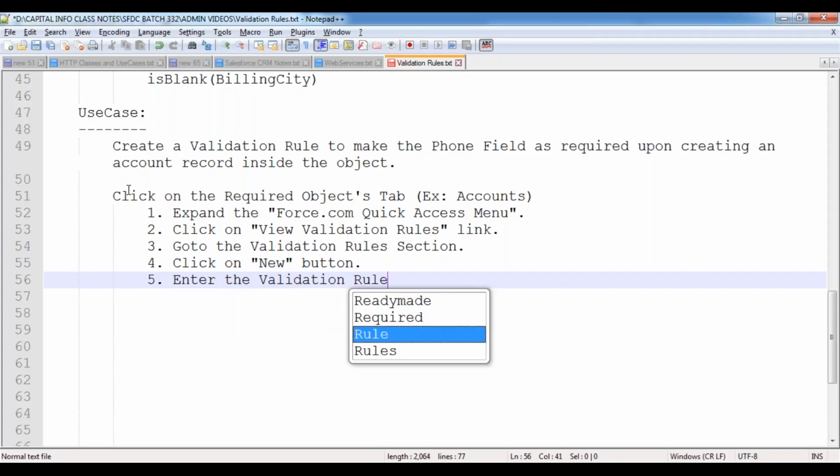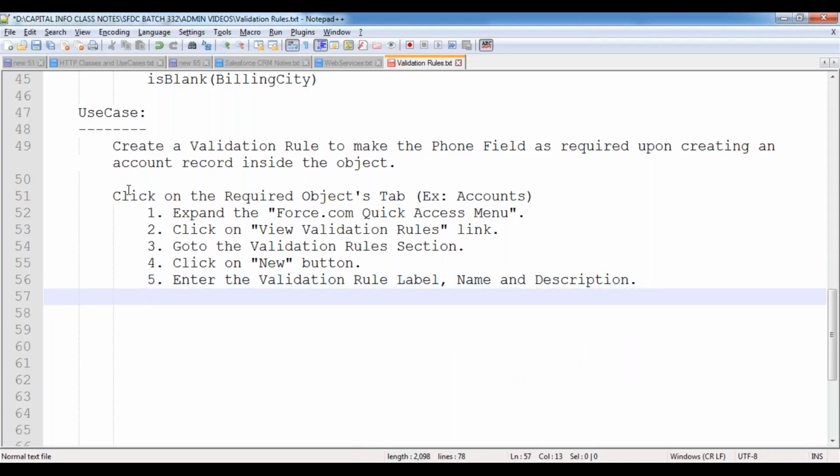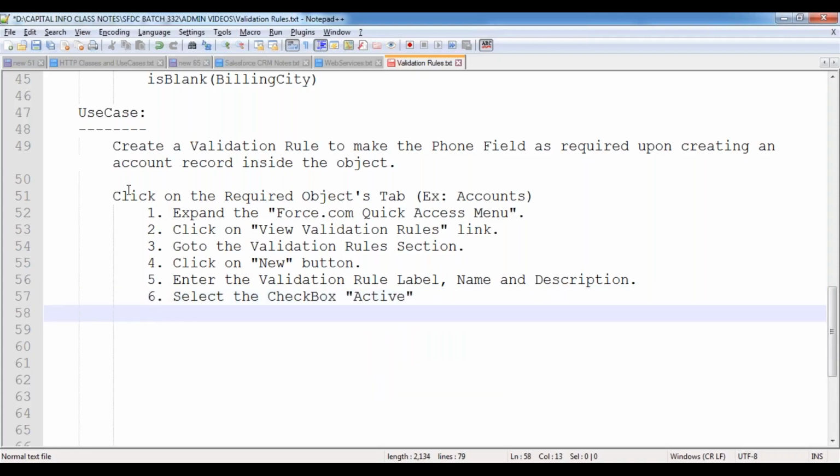Enter the validation rule label, name, and the description. And then select the active checkbox. In order to fire the validation rule, we have to make that validation rule active.